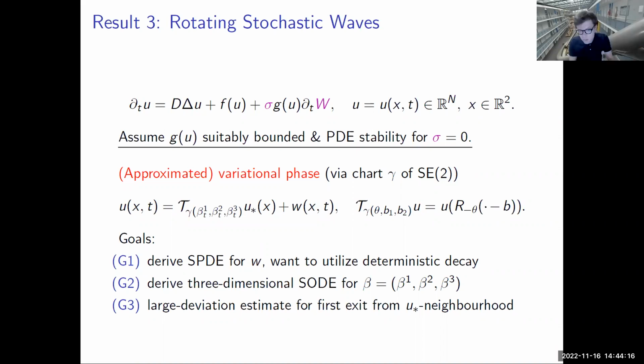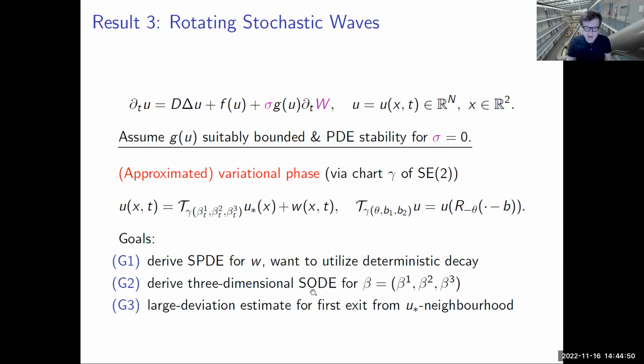And since this is a Lie group, effectively this will give us a stochastic differential equation posed on a Lie group. So it's flowing on this Lie group, which is a group and a manifold. So it's a stochastic differential equation on a manifold. So we have to make sure that we take a chart from this manifold, and locally define this stochastic differential equation. And our goals where we want to derive a differential equation, and we want to utilize this deterministic